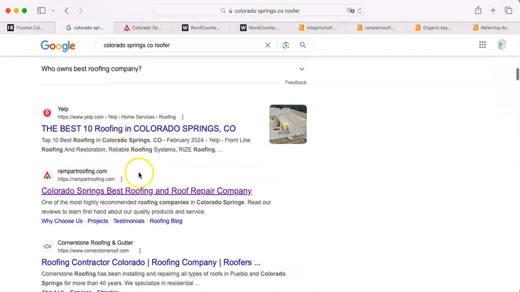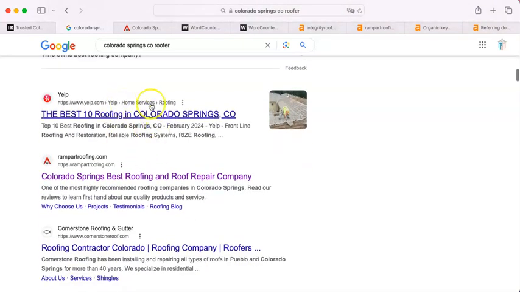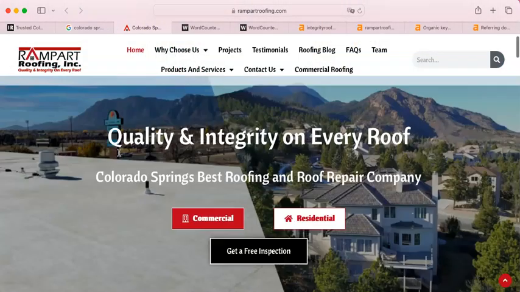And here or here. But in this case, in Colorado Springs, the Better Business Bureau and Yelp have the top two spots. The first spot that's an actual roofer is Rampart Roofing. I'm going to refer to them as your Google competitor for the purpose of this analysis. Now, here's their site. Nice photo and everything.